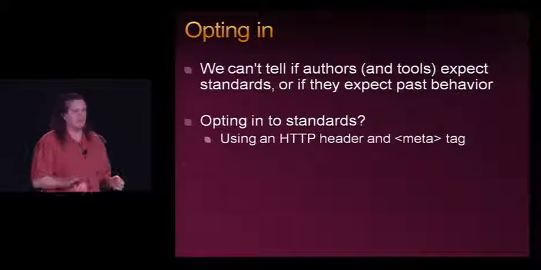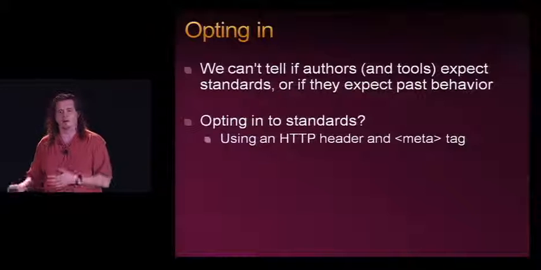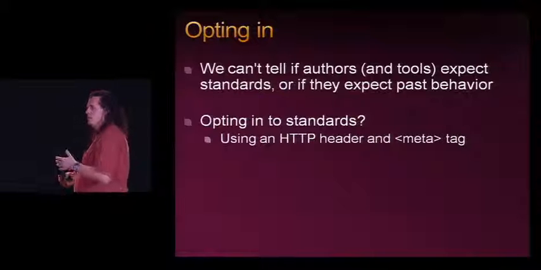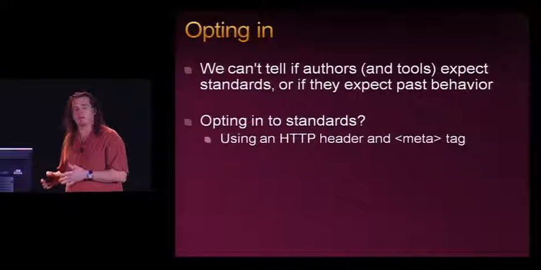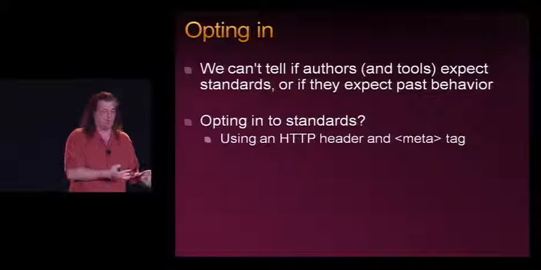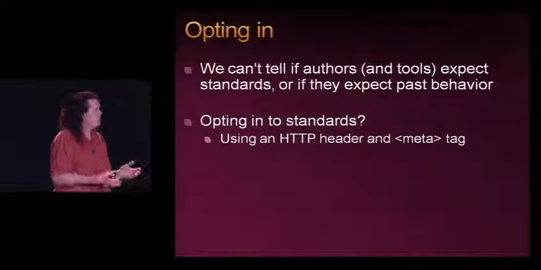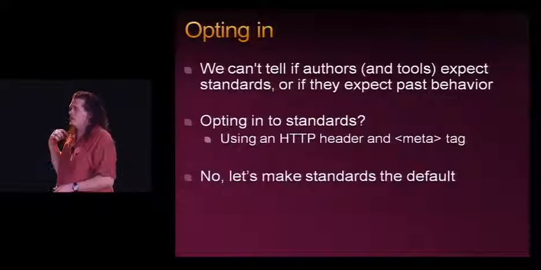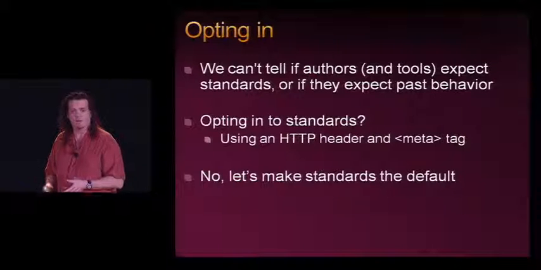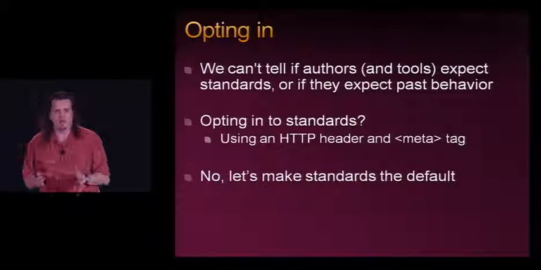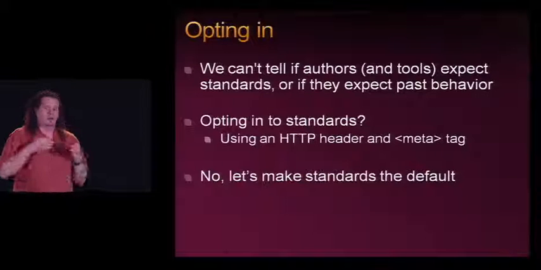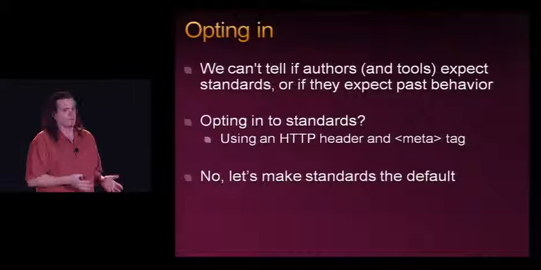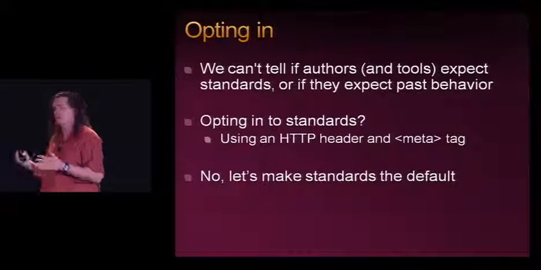So we had this idea that we were going to have to ask people to opt in to tell us specifically, hey, this is standards content. This is content that really is designed for a perfect implementation of the standards, not for an implementation that may not interpret them appropriately or may have odd ambiguities in it. But we decided that let's not do that. Let's actually make standards the default. Let's make it so that if you take IE8 and you navigate to a page, if you have the standards doc type, if you're using standards mode rather than quirks mode, we will give you the best approximation of the standard that we can.